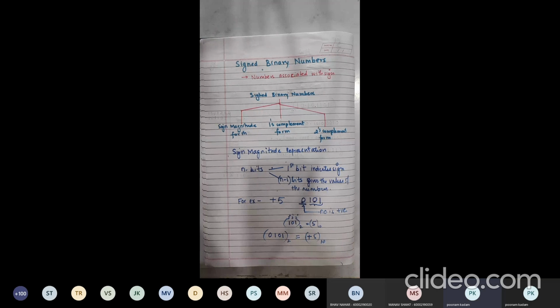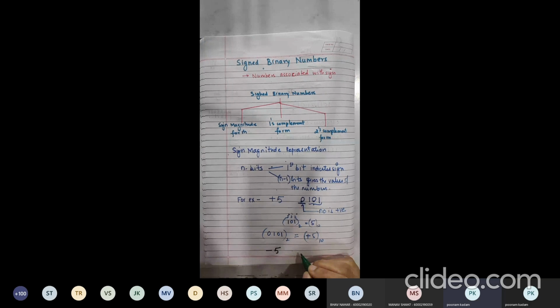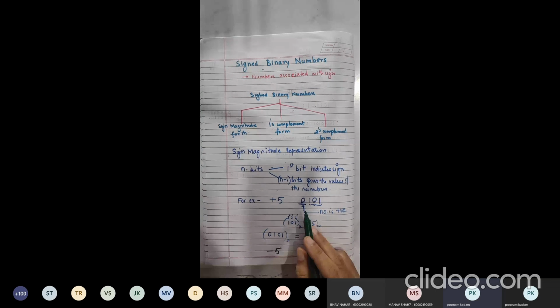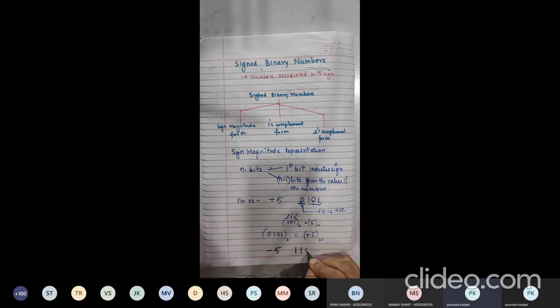To represent minus 5 in sign magnitude form, you just need to change the MSB bit value. As I said, if the MSB bit is equal to 1, it indicates a negative number. So instead of 0, I will write 1. So 1101